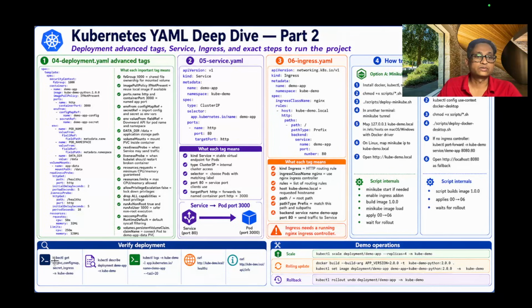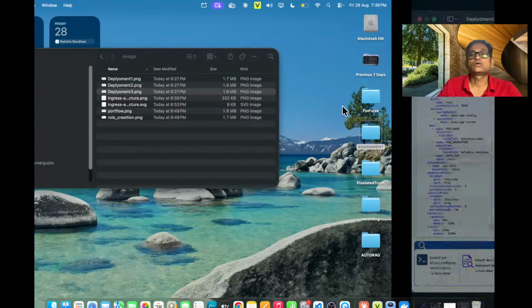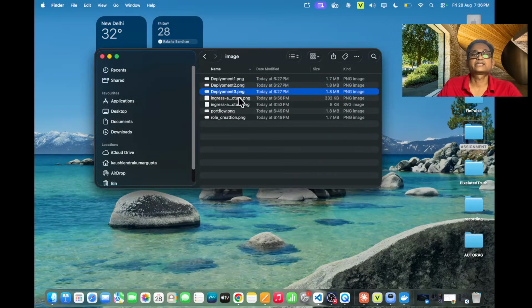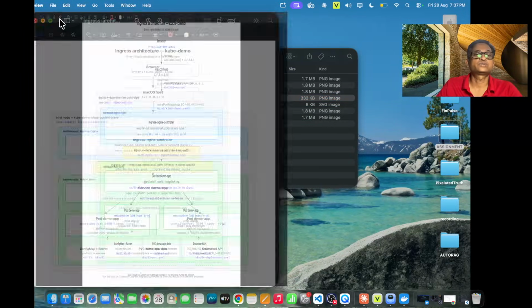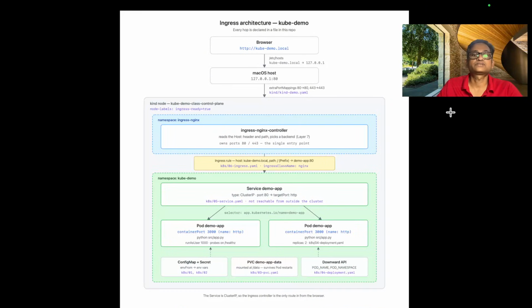So now we can verify the deployment with the help of all these things. For this I will show the demo. Now comes to the next slide. Here I will show how it follows the